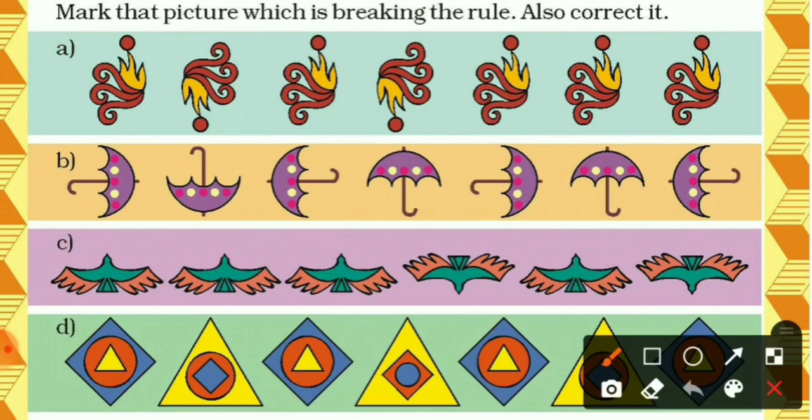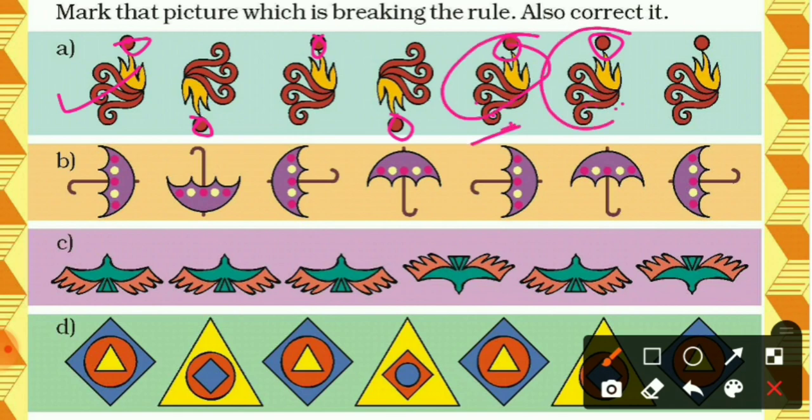So come to A. So first we have a picture, beautiful. Now you can see that the circle is on upside. Okay, now it is downside, now upside, now once again it is downside, now once again it is up, and now it is once again up. So it is not possible that 2 times it will continuously show to the upside. So we can see that this one is right and this is the wrong picture, because it should show the circle to the downside. So this is wrong.